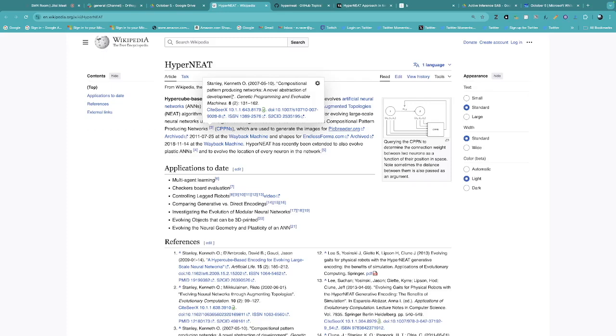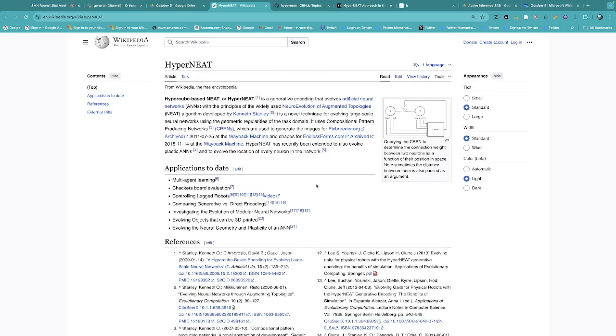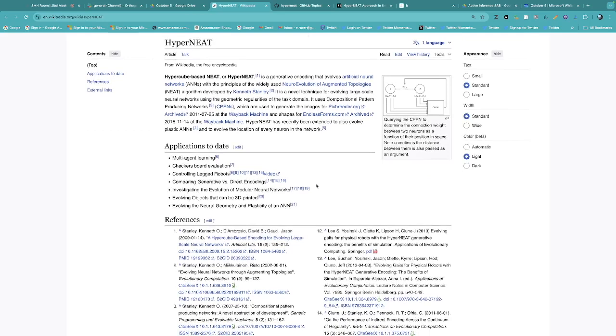So this is actually going back to developmental biology and the programming of developmental systems and things like that, basically trying to develop a network. Genetic Programming and Evolvable Machines is the journal, and that's from 2007. So this is basically the very